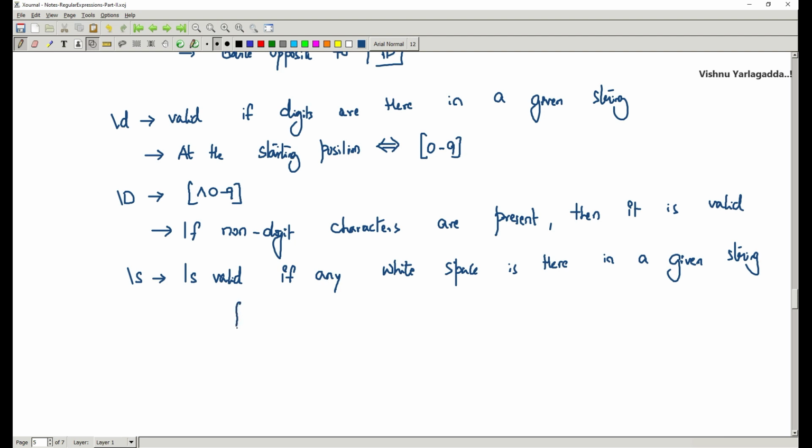The white space can be \t, \n, \r, form feed, carriage return, tab, and vertical tab \v. So any of these it can be.